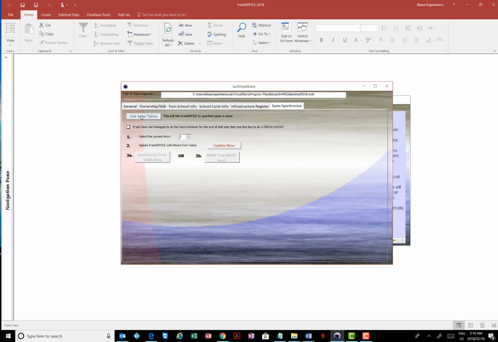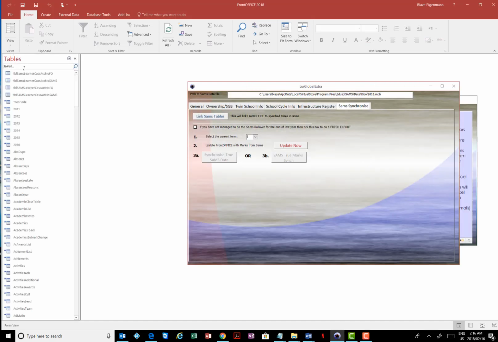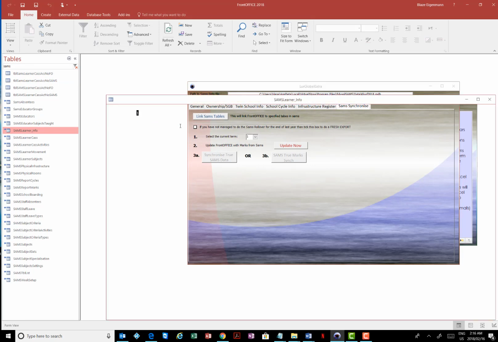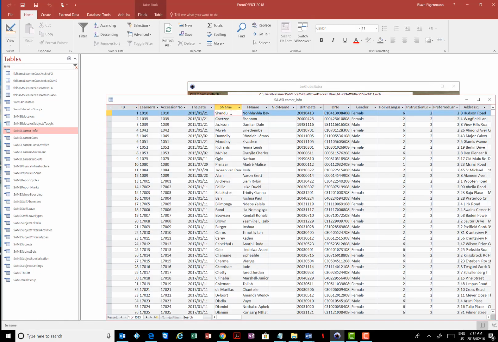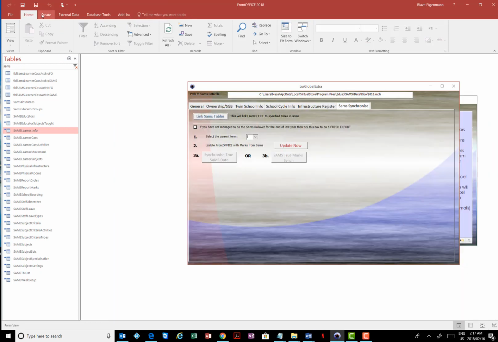I can just click this table, link to SAMS tables, just so that you can see. And if I actually go to our tables, and type in SAMS, all of the SAMS tables are prefixed with the word SAMS. This, for instance, here is the SAMS Learner Info table. There it is sitting in front office. It's got nothing to do with front office. If I go and change a name here of a child, that is not going to change the name in front office. Okay, so we are able to build record sets, where I can take the